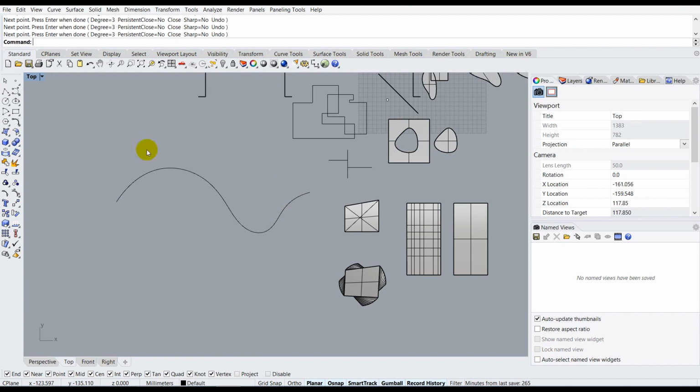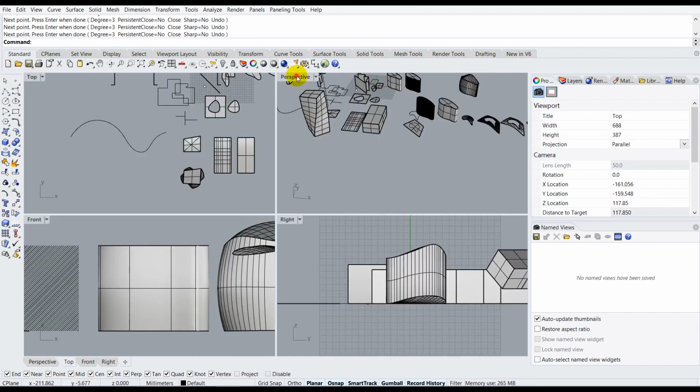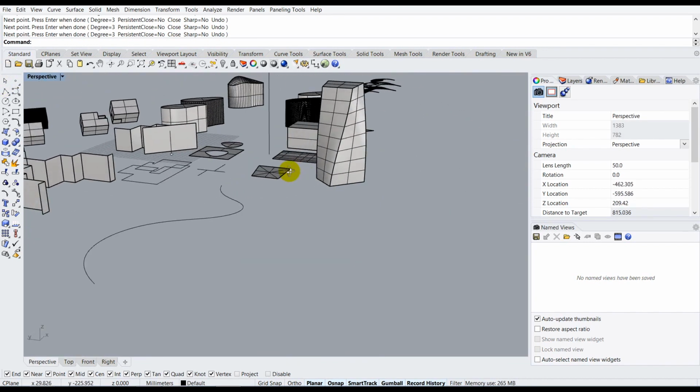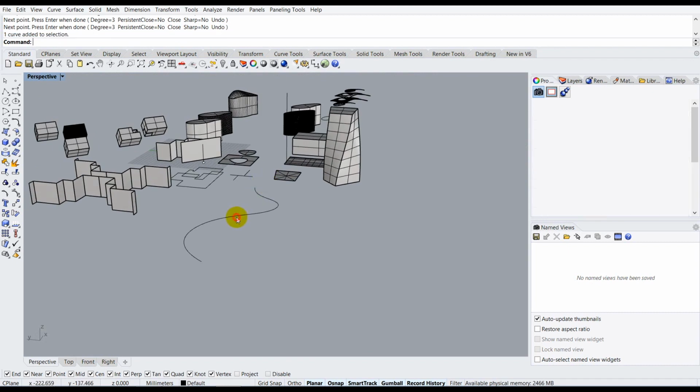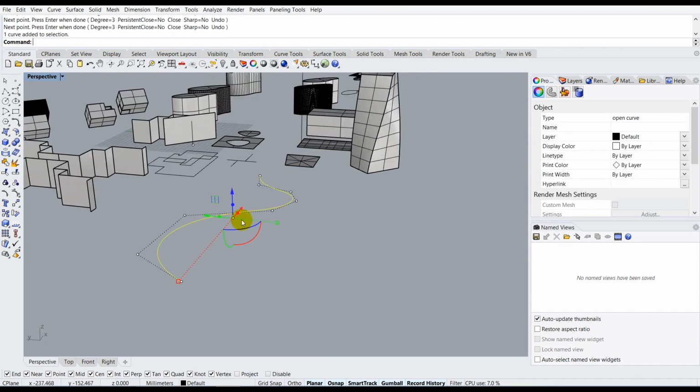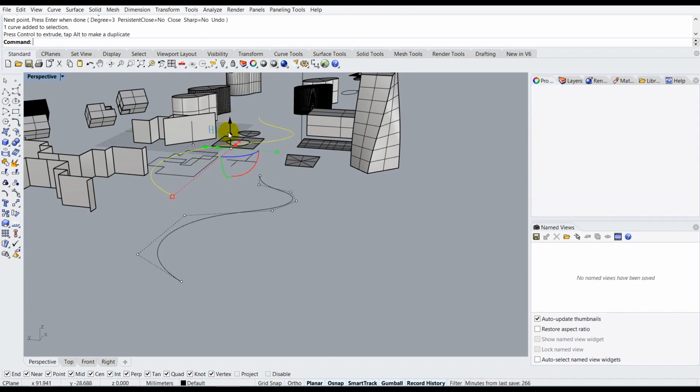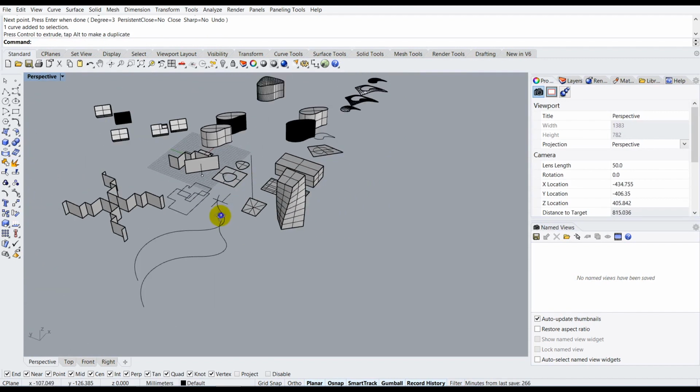Once you're done, you can hit enter. Let's go back to our perspective view, and we can actually copy this curve in the z-axis. So you can hit alt and you can drag the blue arrow like this. So once you are done copying it,